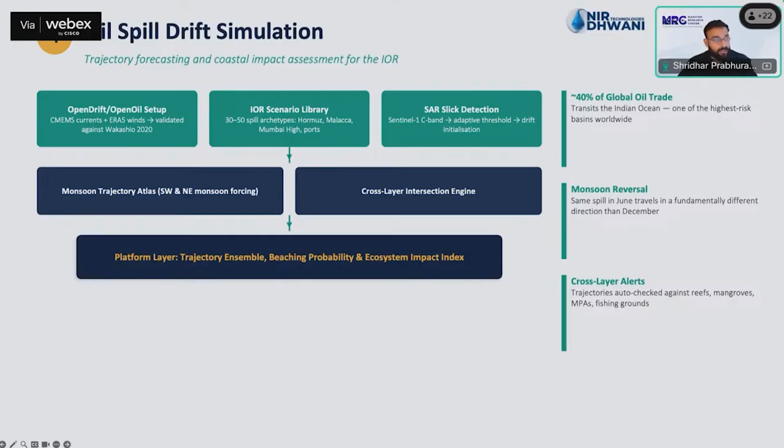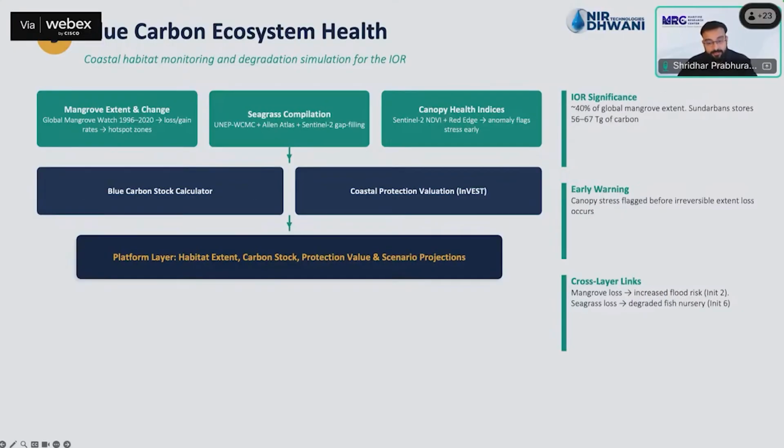None of these initiatives are independent. All of them talk to each other. I'll explain a bit more on that, but just to give some context, we looked at coral reef bleaching and the oil spill drift simulation. Oil spills also impact coral reefs, so they talk to each other. Detection of oil spills and of their drift, and how much area they're going to cover X hours down the line, also helps us inform where the coral reefs are at risk, and so on.